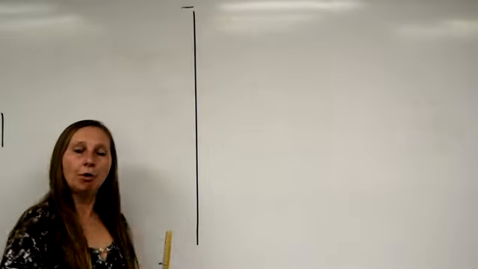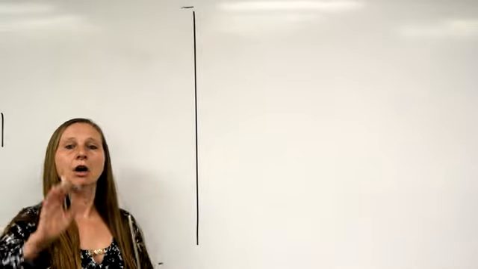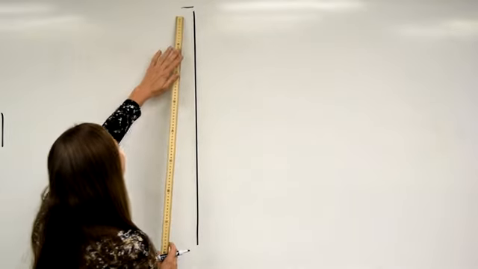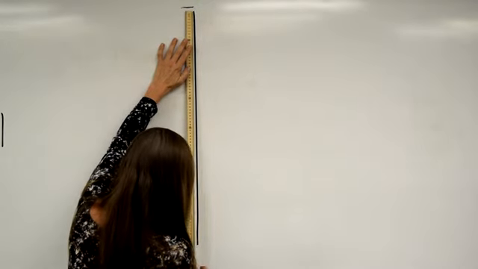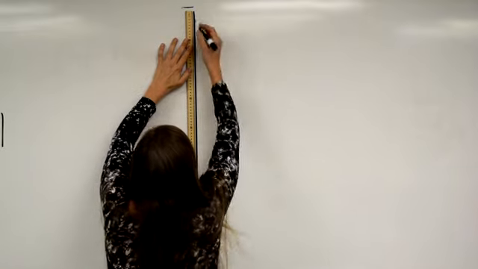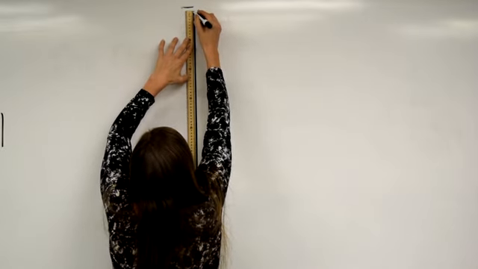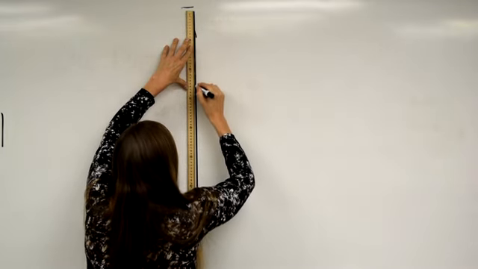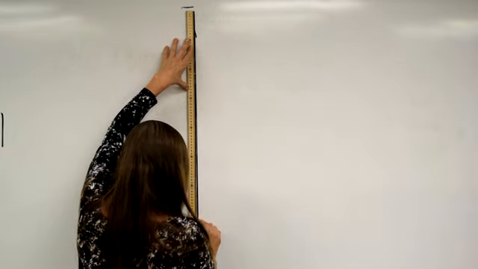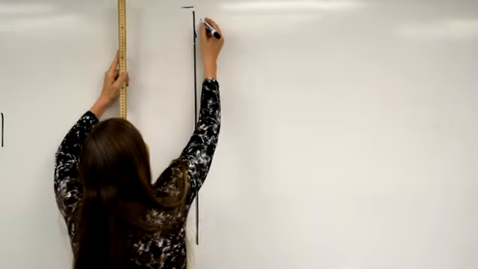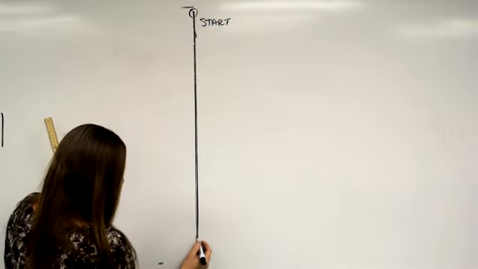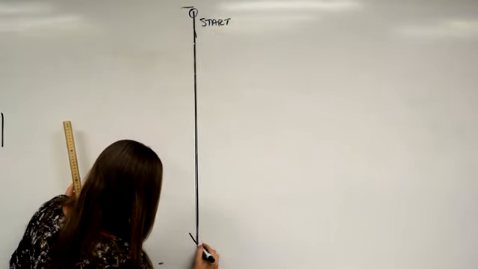Here we go. 8 meters on my board is going to be 8 decimeters. On your paper it is going to be 8 centimeters. So, 8 decimeters, from there to there. Marcus starts here and walks 8 meters, which on my scale diagram is 8 decimeters. So this is where he starts. That is start. And this is his first vector,